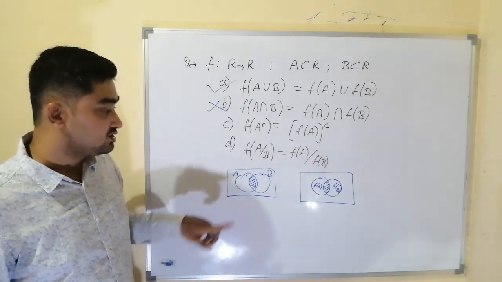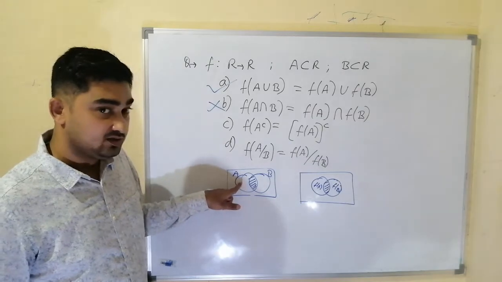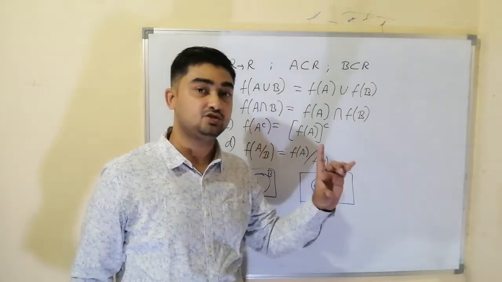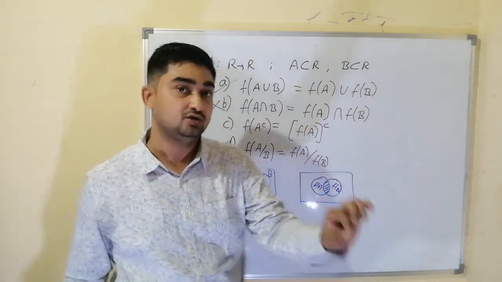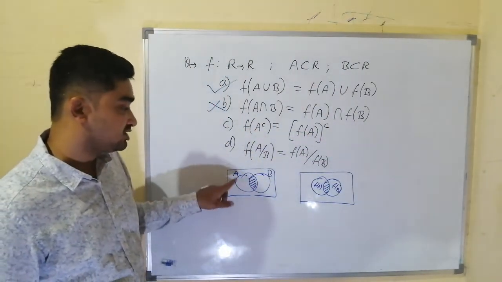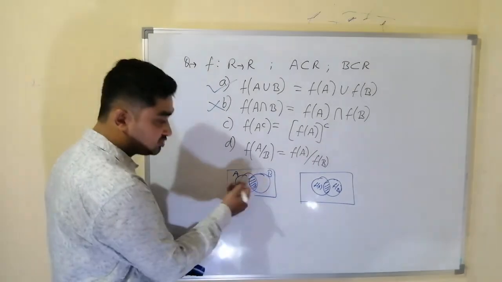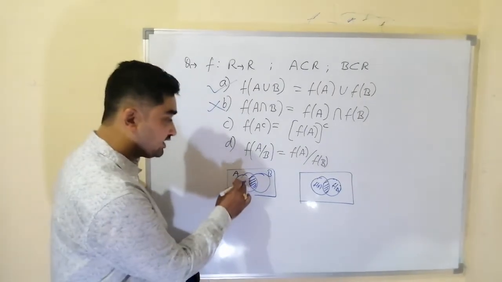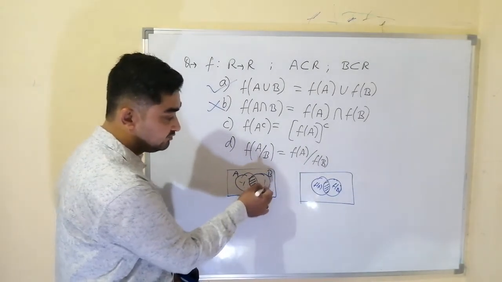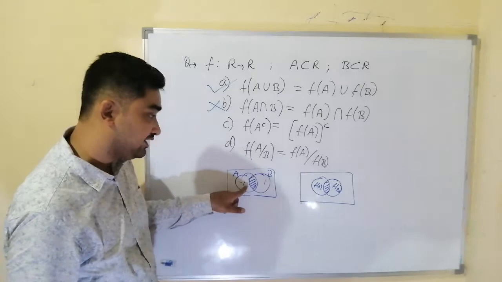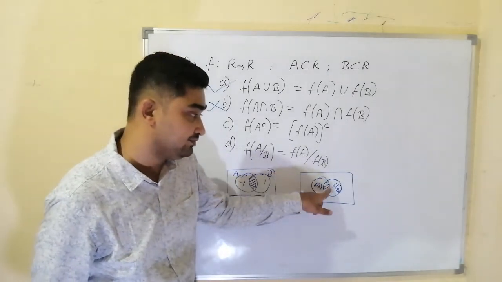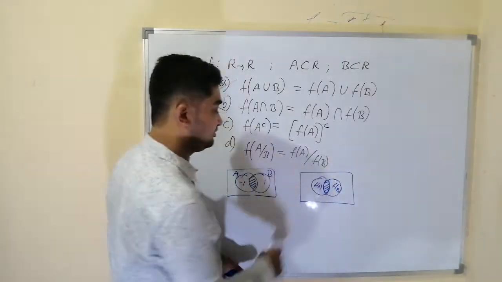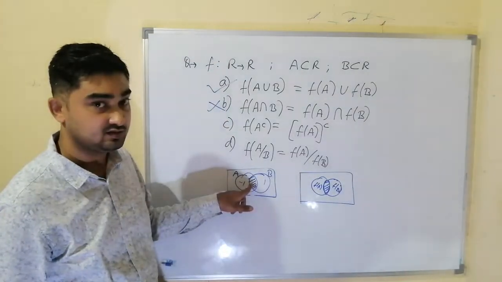It is wrong. Why? It is wrong because it is possible, as we know that in a function, two different inputs can have the same output. That means it is possible that outside the intersection region, let us say somewhere in A we have -1, and outside the intersection region, somewhere in B we have 1. Now with both -1 and 1, the output can be the same. If the output is the same, that will come in the intersection region.